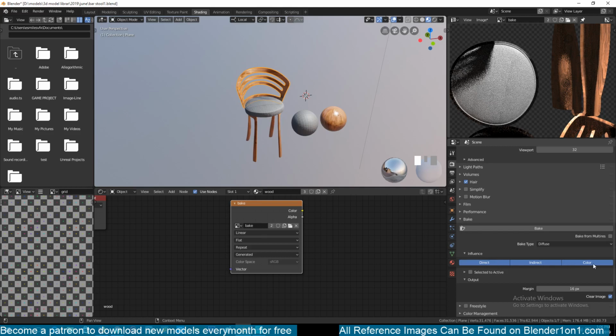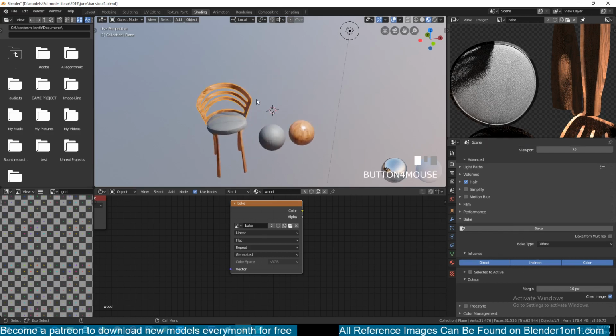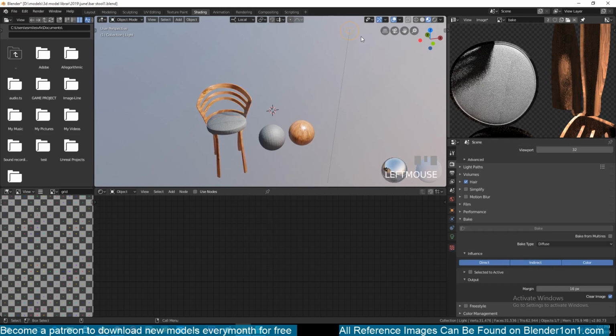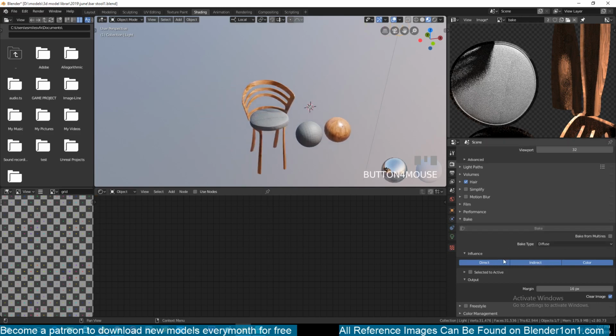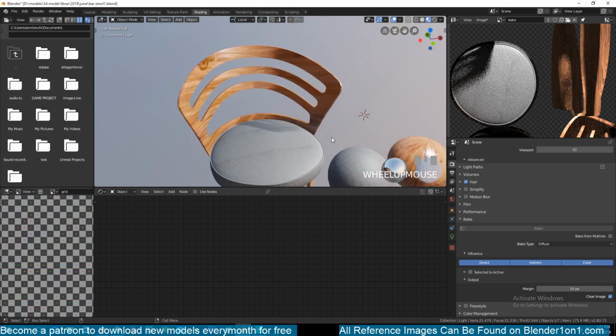Also, you will notice that we have three more buttons here: direct, indirect, and color. The first two mean the type of lighting you're using in your scene. If you have indirect lighting, that means you have an emitter in your scene that is emitting light. I think this is global illumination and things like that. Direct lighting is light from the light. So that means that if you have this enabled, you also be